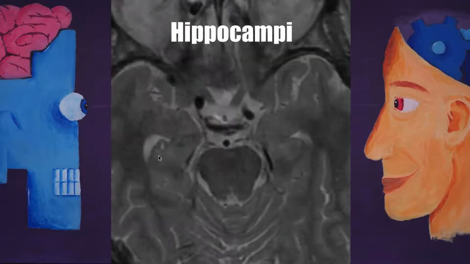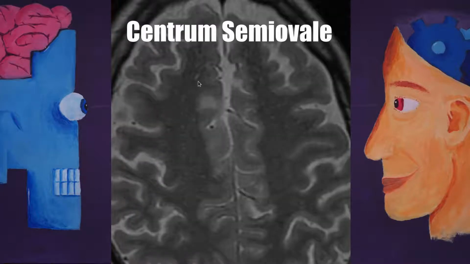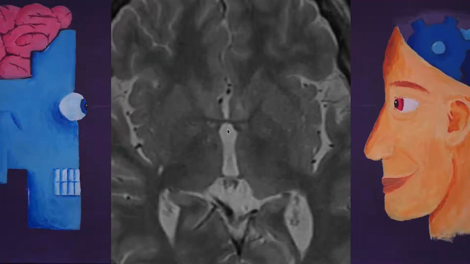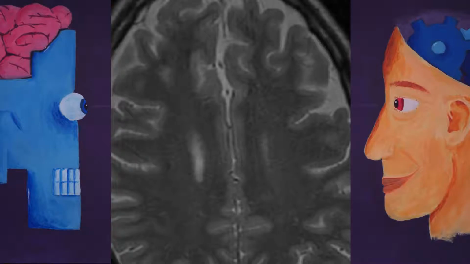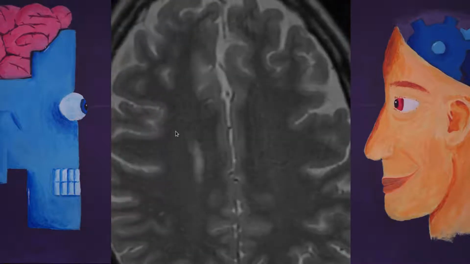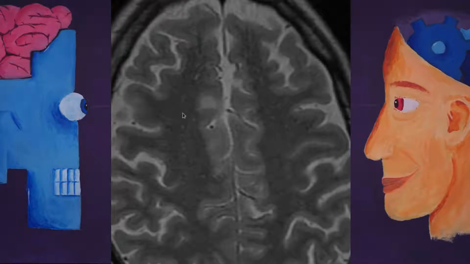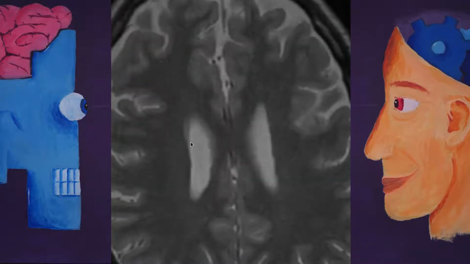The midbrain, the hippocampi, the basal ganglia and the centrum semiovale. In the midbrain and hippocampi, because the regions are smaller, we count perivascular spaces in the complete volume, and in the basal ganglia and the centrum semiovale, we count perivascular spaces in a single slice that is anatomically defined. In the basal ganglia, it is the slice that shows the anterior commissure, and in the centrum semiovale, that's the slice that is 1 centimeter above the upper slice showing the lateral ventricles.